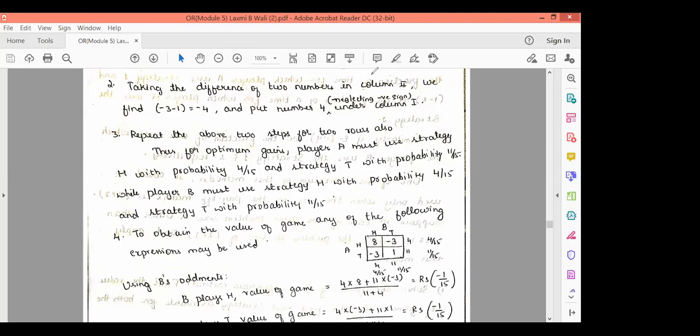Now, we got 4 and 11 here, similarly 4 and 11. Now, consider 4 divided by 15. I am writing 15, the sum of 4 plus 11 is 15. So this is 4 by 15. Similarly, 11 divided by the sum of 4 plus 11 is 11 by 15. So now these are called the oddments. Here 4 divided by 4 plus 11 is 4 by 15. Similarly, we have 11 here, 11 divided by 4 plus 11 is 11 by 15. So these are nothing but what we can call the strategies.